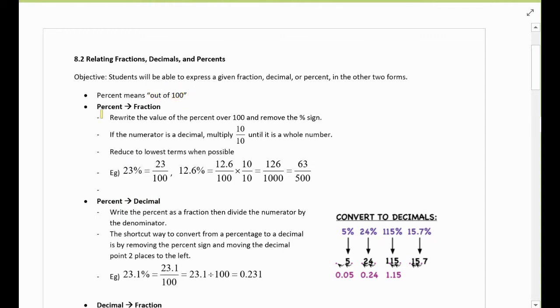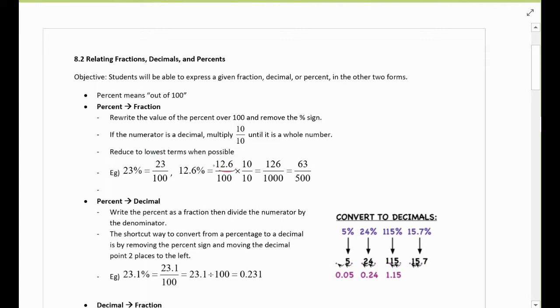So when you change percent to fraction, you can simply get rid of the percent sign and put a division bar and 100. So rewrite the value of percent over 100 and remove the percent sign. That's what you have to do. So 23%: you remove the percent sign and put a division bar and 100. So 23% is 23 over 100. 12.6%